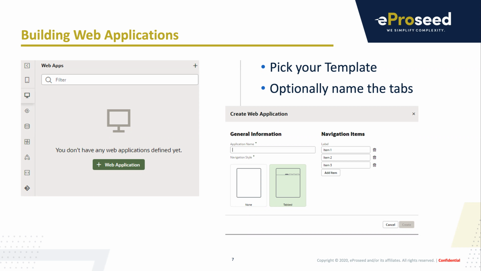And for each and every tab, then you can enter a label. And those tabs, those will function as navigation items. And you can add more and more items or remove several. That depends on your needs. And after that, your application will be finished. And if you look into